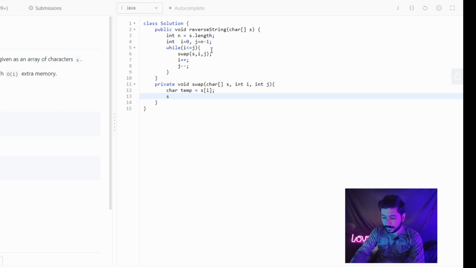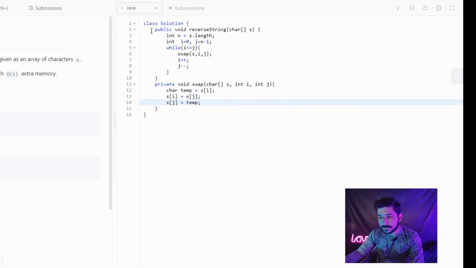After that, in s of i we will store s of j, and after that s of j will have the temp value. So this is the simplest solution you will find in order of n time and order of 1 space.